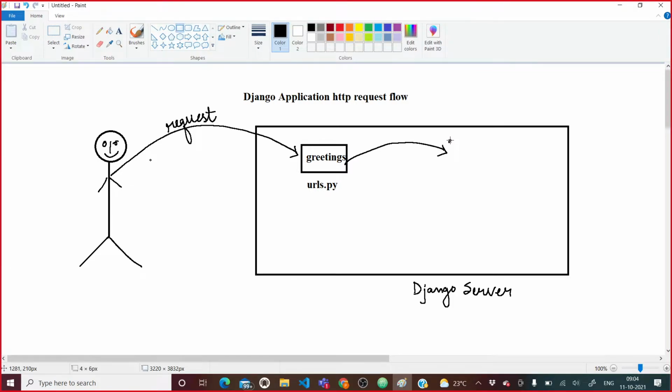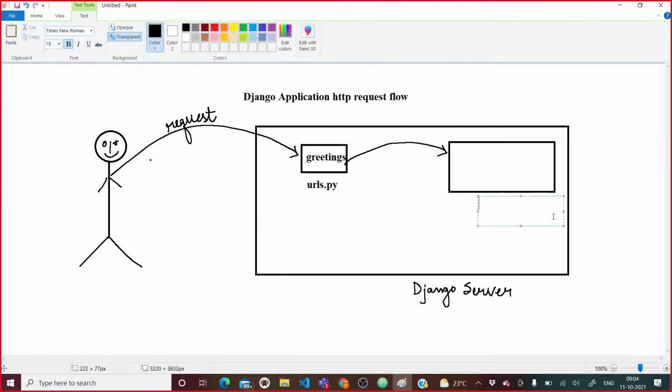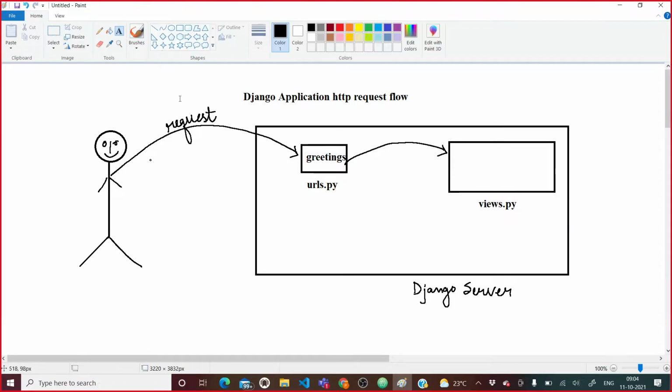All the views will be written in our project folder. In that there is a file called views.py. This is the file where it is going to search for this url pattern, and what to do with the request.